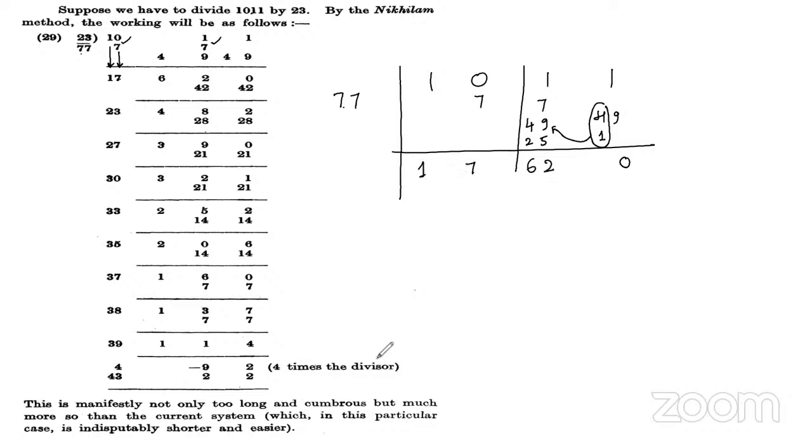But our divisor is how much? Only 23. So it is not acceptable. So again it is divided in the same way. Okay, so now here